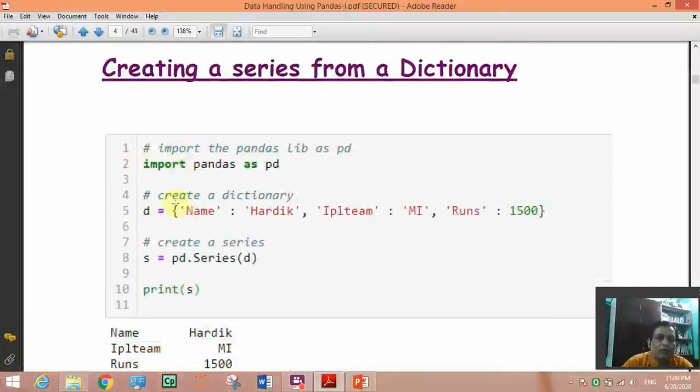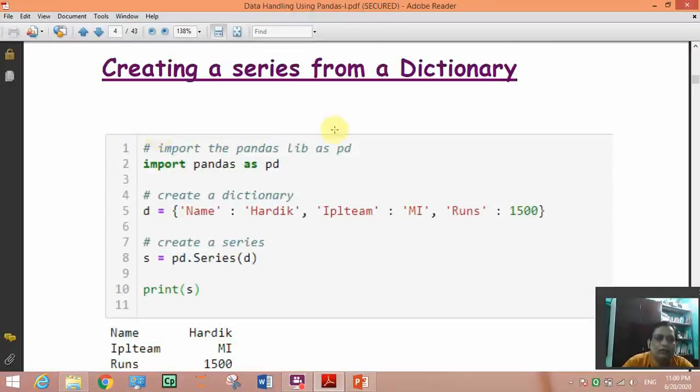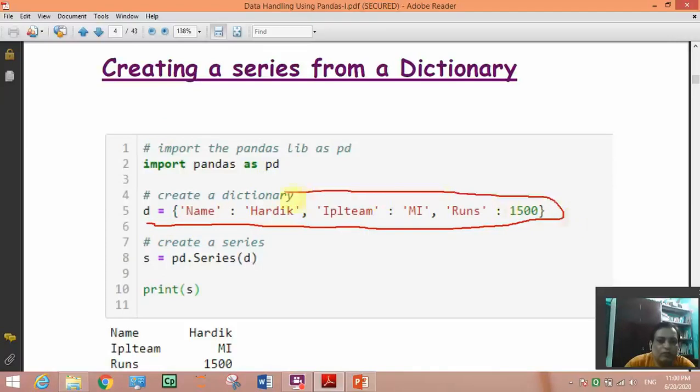Next, creating a series from a dictionary. We have seen in 11th class how to create a dictionary. Dictionary is a data type. It has two things, key and value pairs.